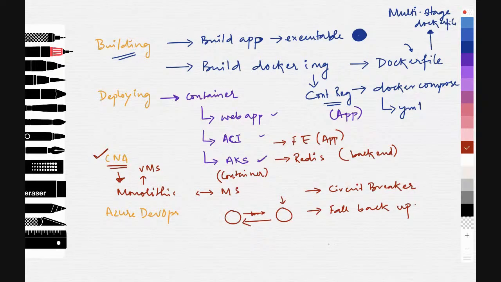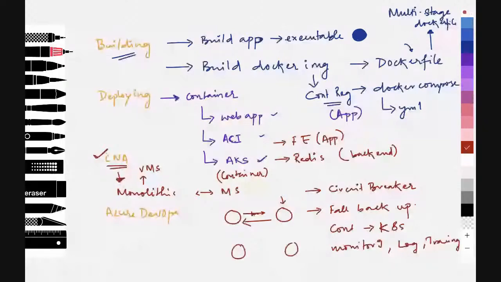In cloud native, it's not just that you create containers and you deploy in Kubernetes. Your cloud native does not end here. You should have good monitoring tools. You should have better log tools, log monitoring, tracing. All those things become important because now we have a distributed architecture. There are several microservices like this, which would be crisscross talking to other services. And when there are a lot of communications happening across various microservices, it would be very difficult. In case one is failing, how do we handle that?